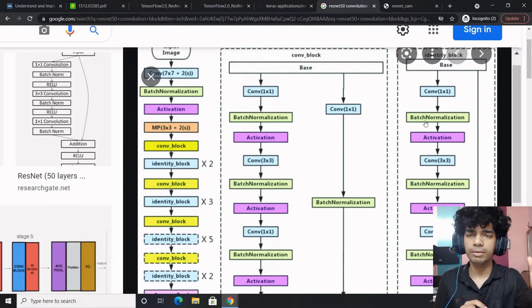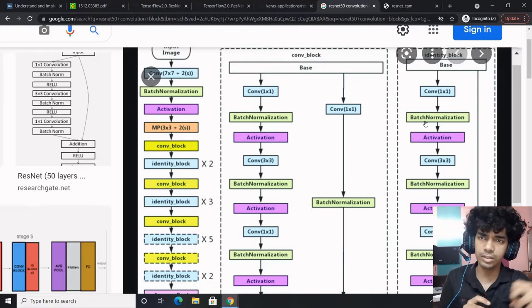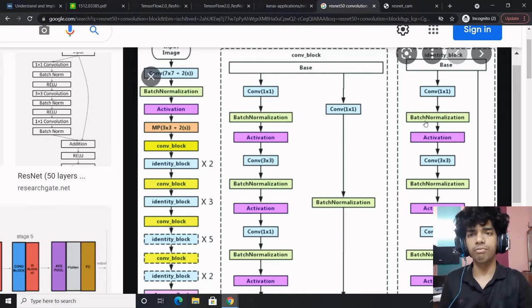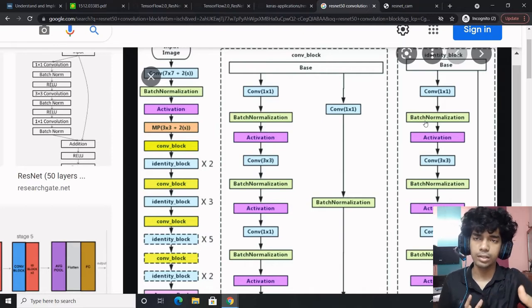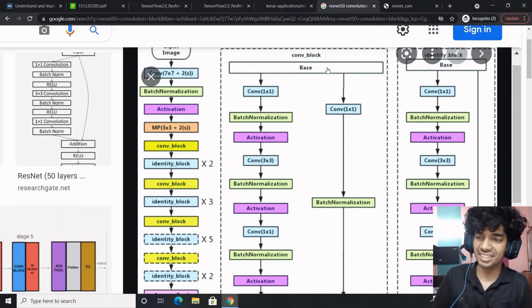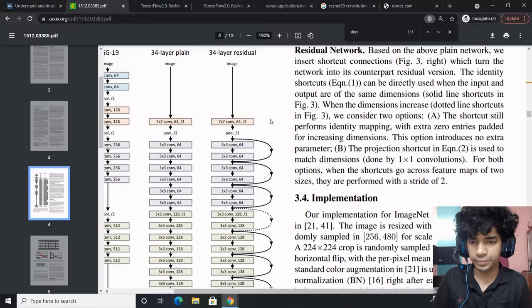If you remember what happened in GoogleNet, you had the main structure, and in some instances you were taking the output and storing it in a softmax. You were taking the intermediate softmax outputs and adding them to the loss values. So rather than doing this and contributing to the loss values, why not take the outputs and keep passing them in the main structure, which acts as a repeater or amplifier and does not let the gradients vanish. Isn't it interesting? It's extremely interesting. So let's explore the paper.